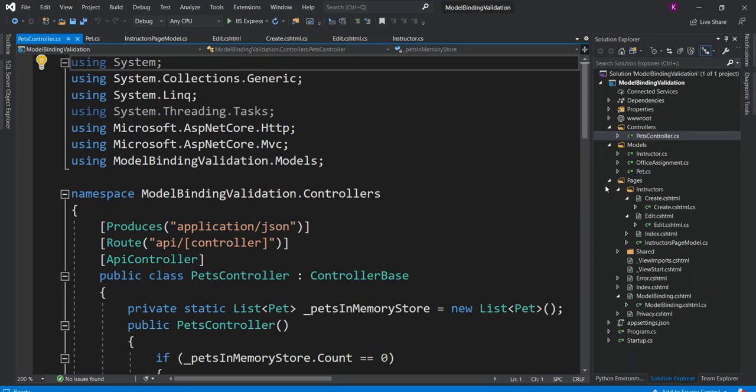Now, from the Microsoft source code, I have built further with this Instructors folder within the Pages folder, and I have added Create.cshtml, which is a Razor page, with its code behind file, and Edit.cshtml. Going back to the original Microsoft documentation, let's see quickly how I integrated this, to refresh our memory.